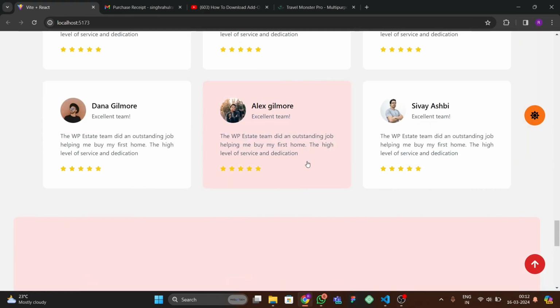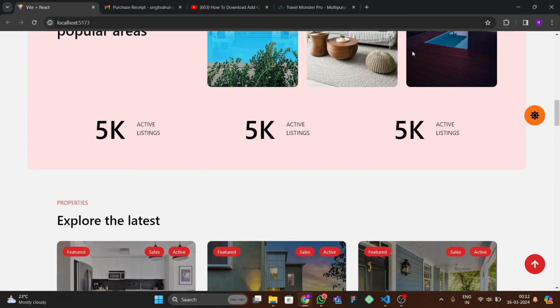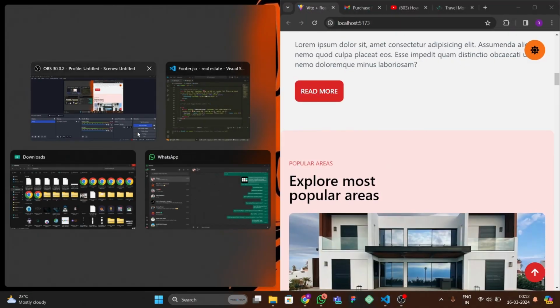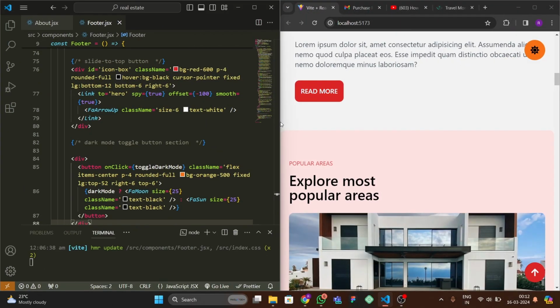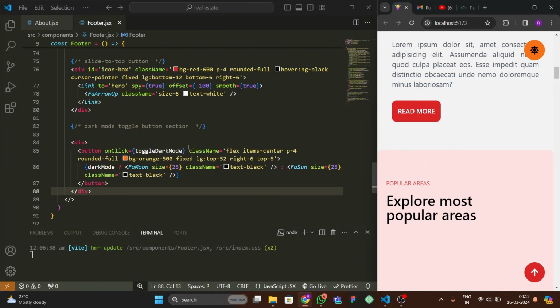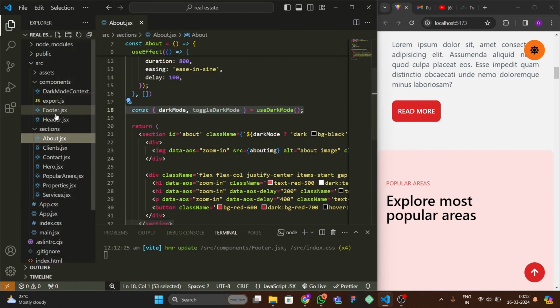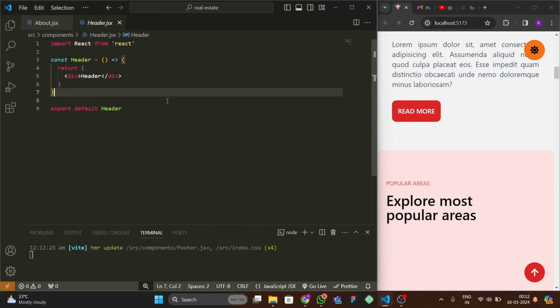Okay, so all the sections are done, just only the header is left. So let's start making our header. Let me close this side by side so that it would be better to understand. And after that, let's open our header.js6. Okay, so now